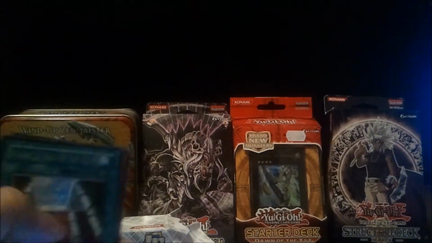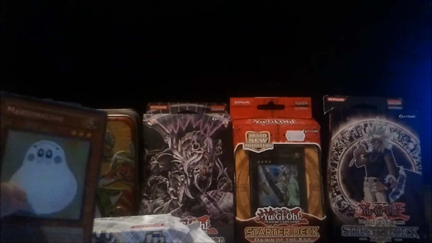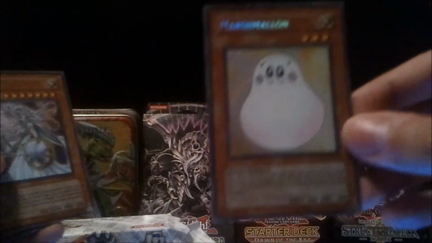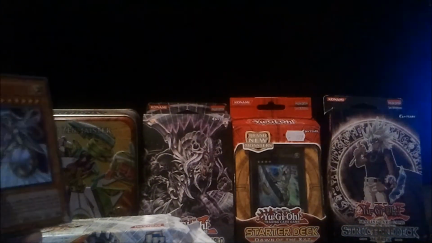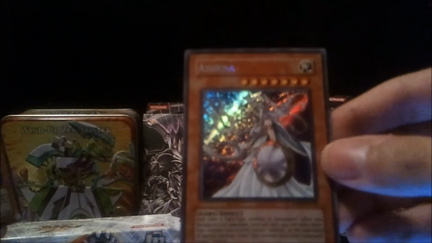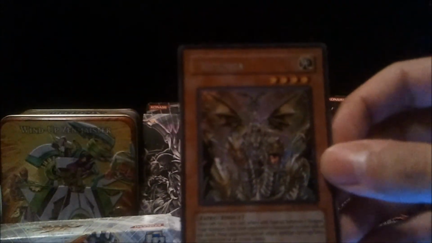And let's show off some of the full versions of these. So here's the Valhalla, secret rare. Woo. Marshmelon. I didn't mention him, but he is in the deck. Pretty cool. Athena. Check out the shiny. Victoria. Yeah, it's